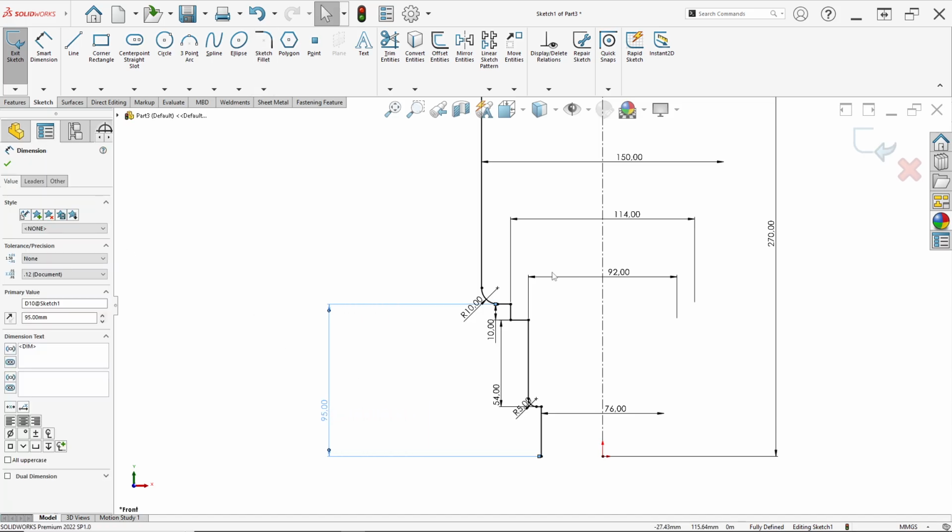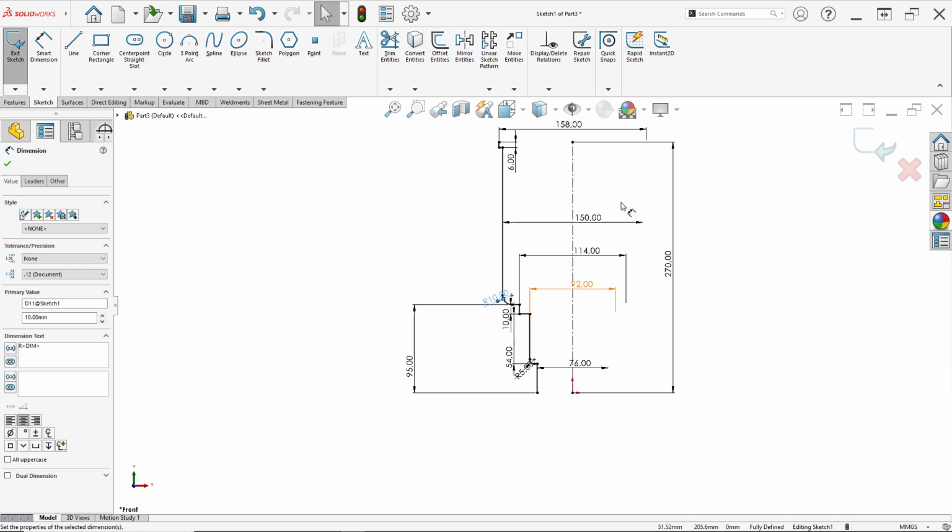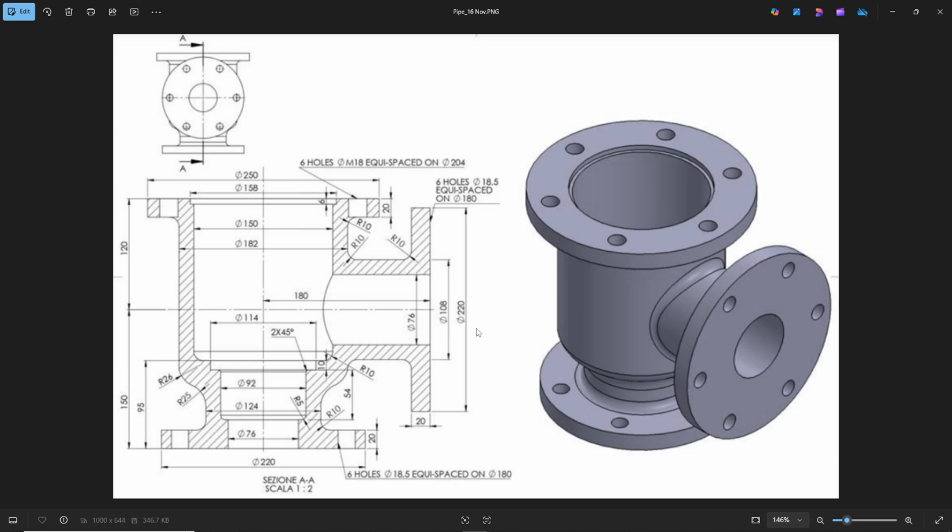This first step is so simple, so input all dimensions like this. Here is a chamfer. We can make the chamfer after we revolve this part, so we can ignore it here.